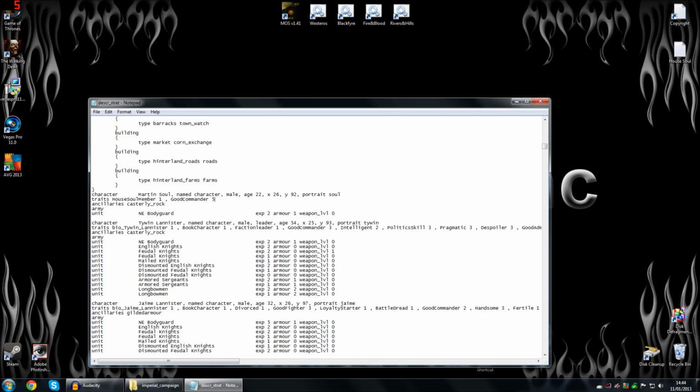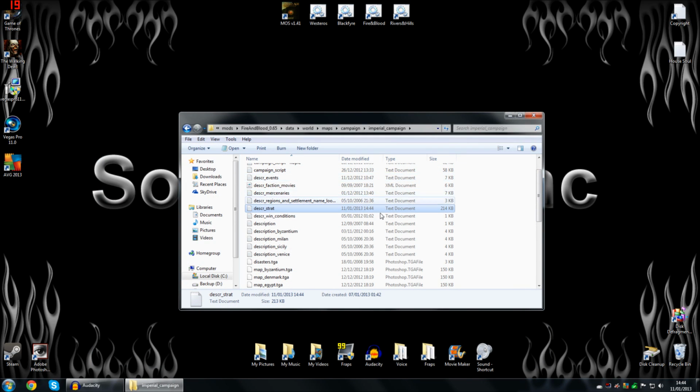There you go, make him an excellent commander. And then all you have to do is save, and you're done. That trait should be, theoretically at least, inside of the game as it is. So you want to save that now. Now, that trait will be there on your character, but if you want that trait to be passed down from father to son through his family line and keep the trait in the family, then there is a way that